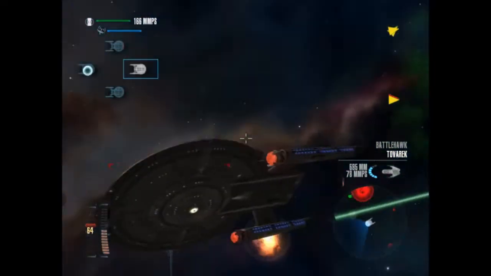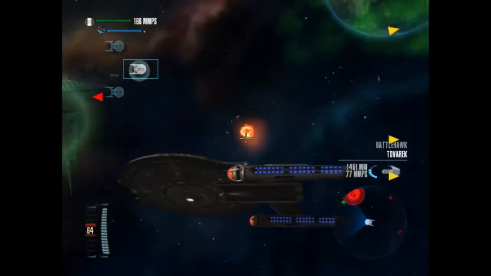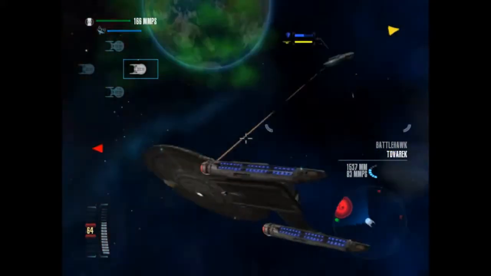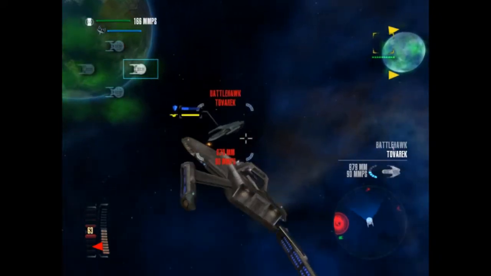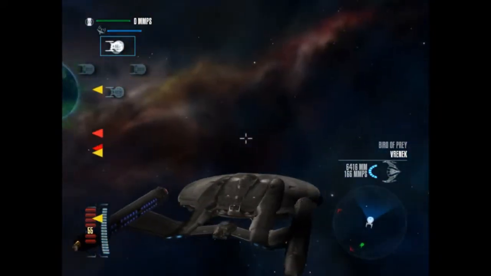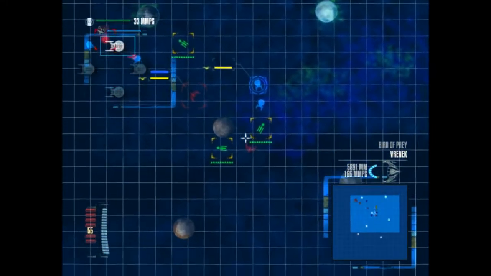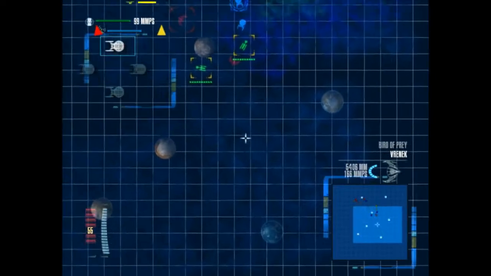Did the starbase attack me? Or is it just an unarmed starbase? Oh, well, my ship's already assaulting it. I don't think it's going to take much longer to get rid of this thing. Where's Enterprise? What is Enterprise doing? Whoa, come on. Where is...